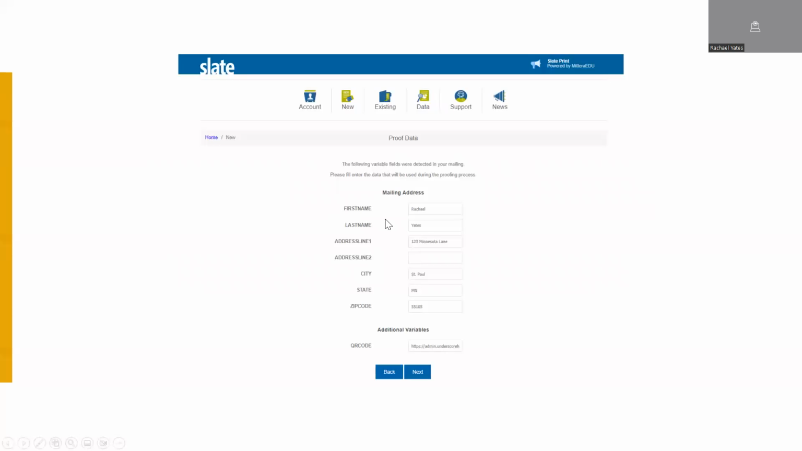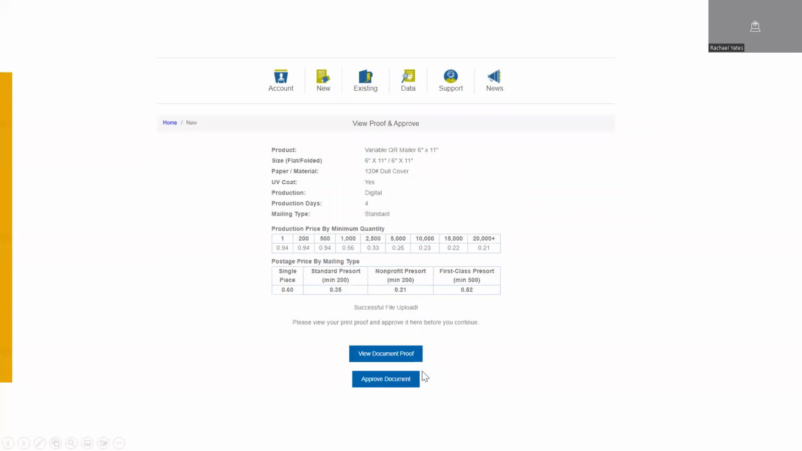allows you to look at the variable fields that are going to be in your mailing. So very standard stuff here. So you'll see my first name, last name, and address information, but you'll also notice this additional variable of the QR code. So Slate is recognizing that there is a QR code and this is the link that it should go to. So clicking Next,